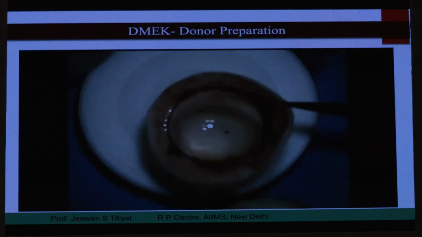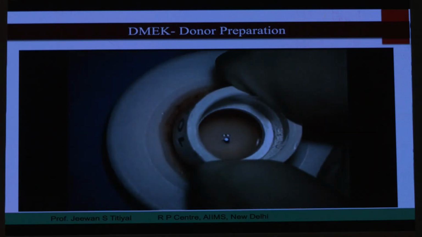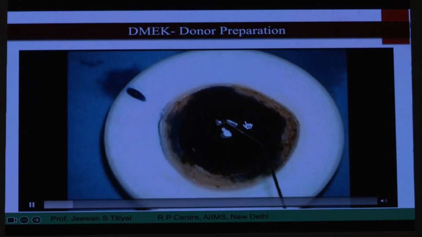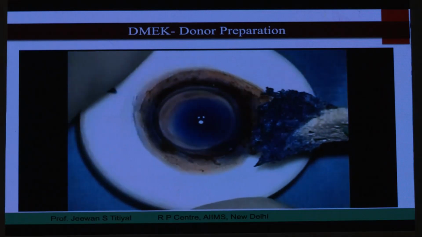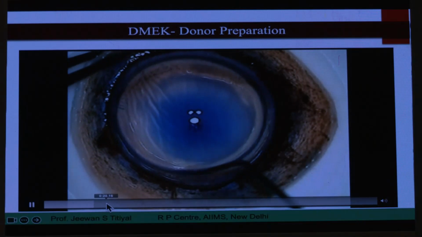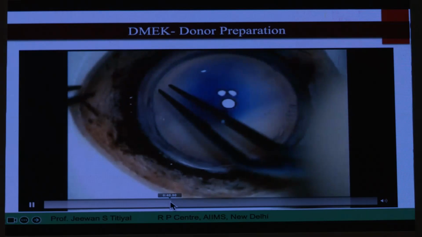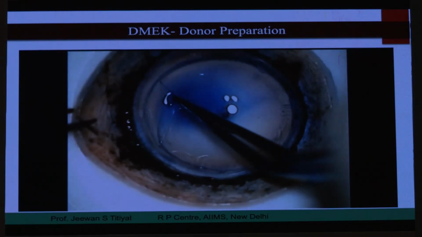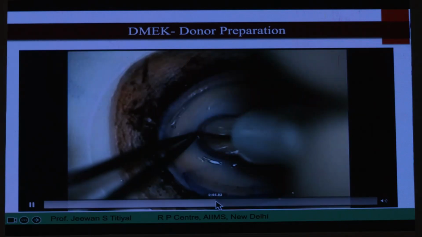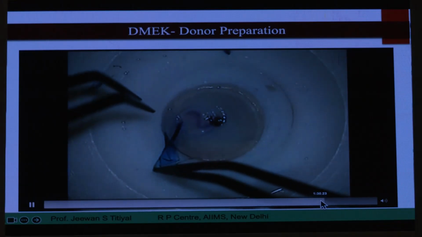This is a DMEK roll being prepared, which has become a simple procedure now, a sort of scuba technique here. We make a large 9 millimeter partial trephination, stain, and then subsequently peel off by making an edge release. Once you release this, you can easily peel off the membrane by uniform pickup with your forceps, that is a McPherson's forceps, do almost 2/3 peeling off, create the window, and place the S mark from the superior side, and the graft is prepared.